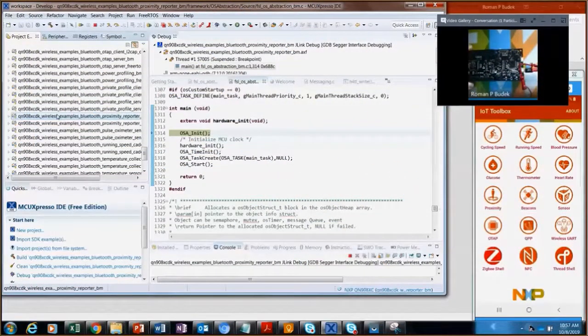I'm going to show how to use the QN9080 board when you get it out of the box, how to set it up. The easiest way I find to use it is to set it up as a J-Link programmer, and unfortunately that's not the way it comes out of the box. So the easy way to get started is to take the board and install the DFU jumper, which is next